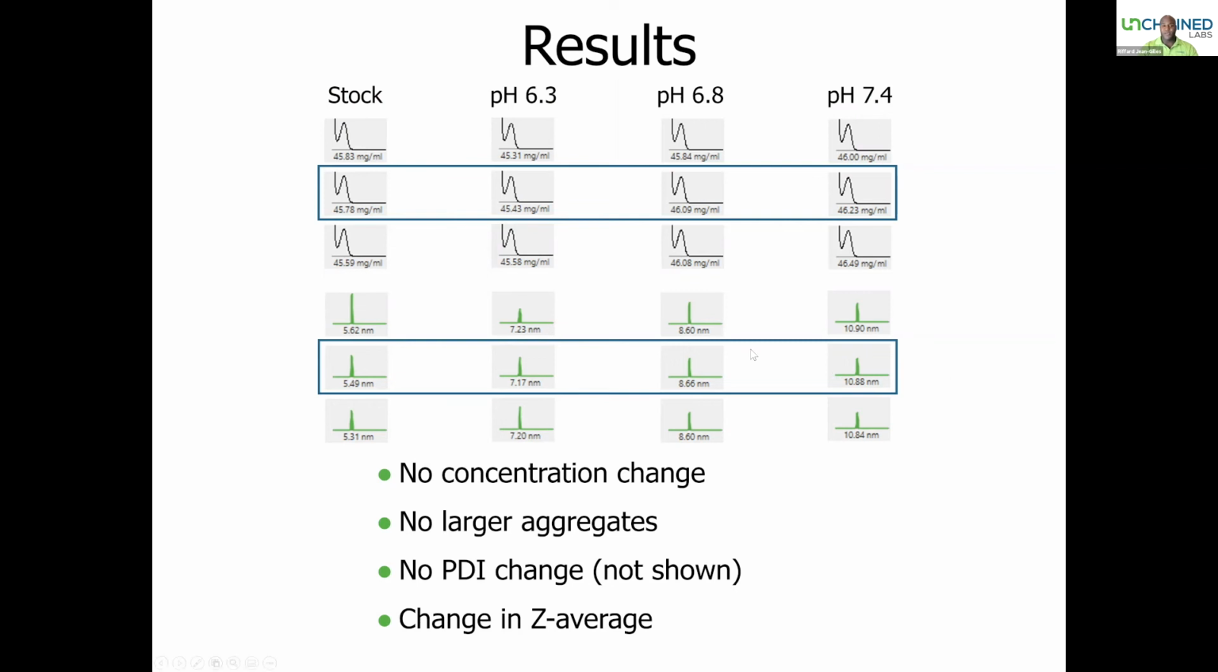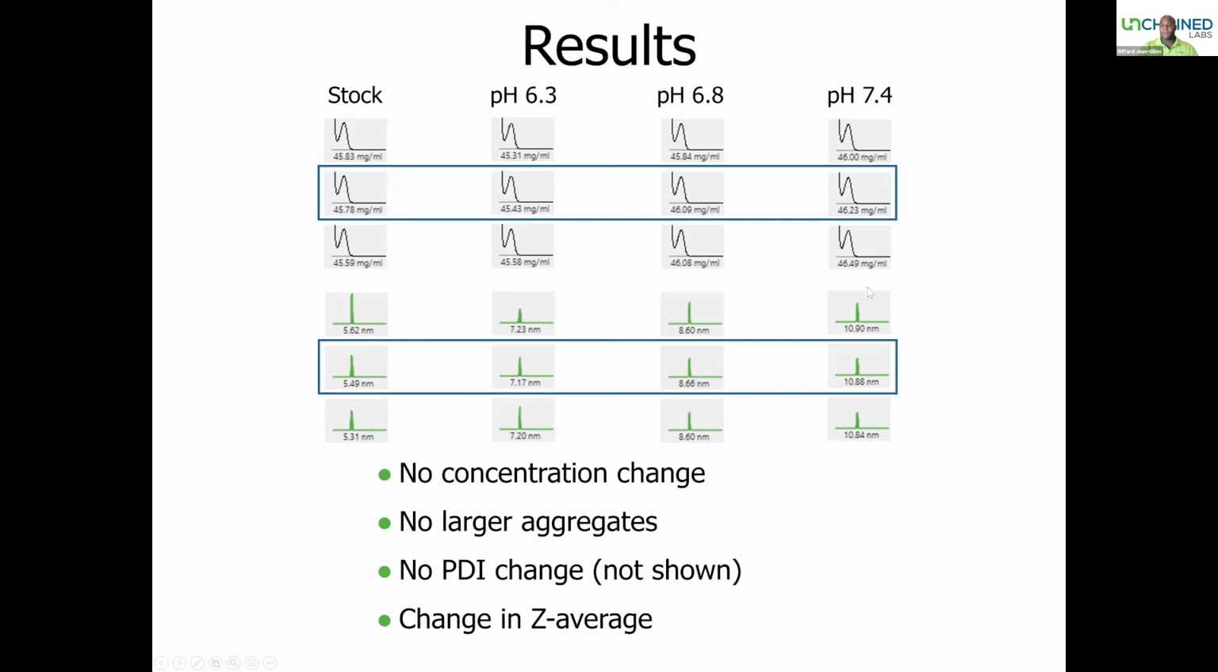So what you're viewing here in the left columns are essentially the samples in triplicates, right? And so I've simply highlighted the second one with a blue box to make it easier to read. You can see that we started at about 45 mg per ml or so, and this is pretty consistent for our triplicates here. And then at pH 6.3, 6.8, and 7.4, we end up at pretty much the same concentrations throughout